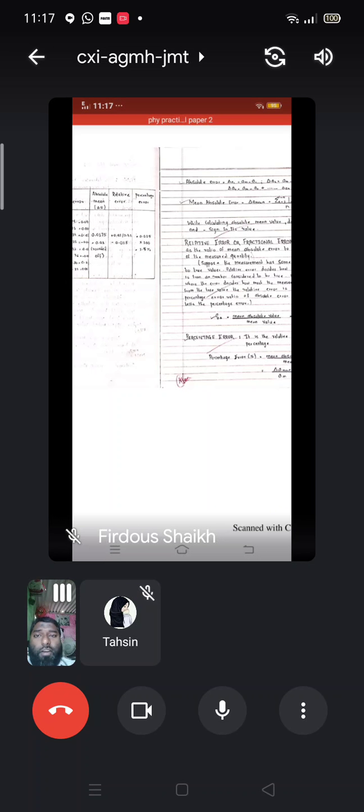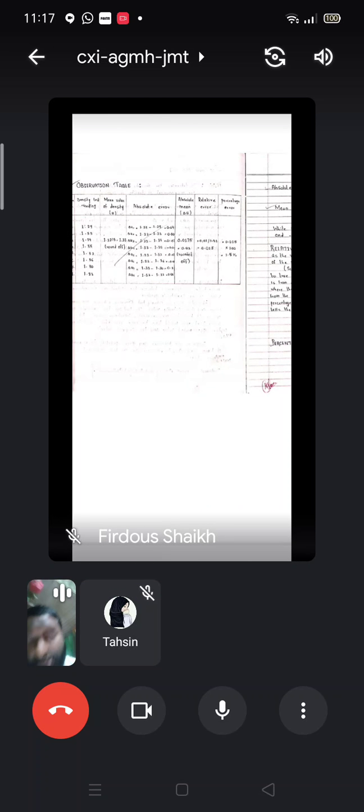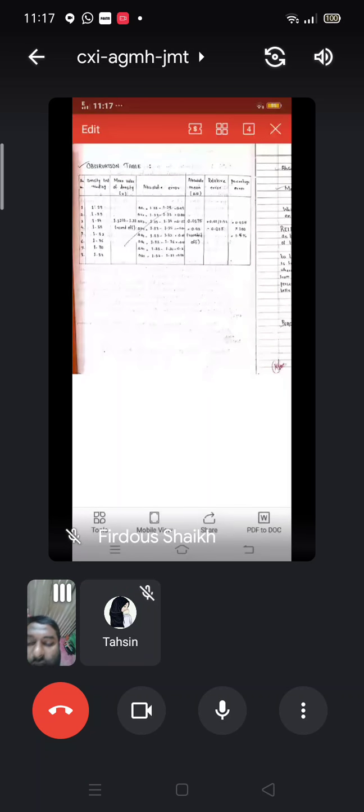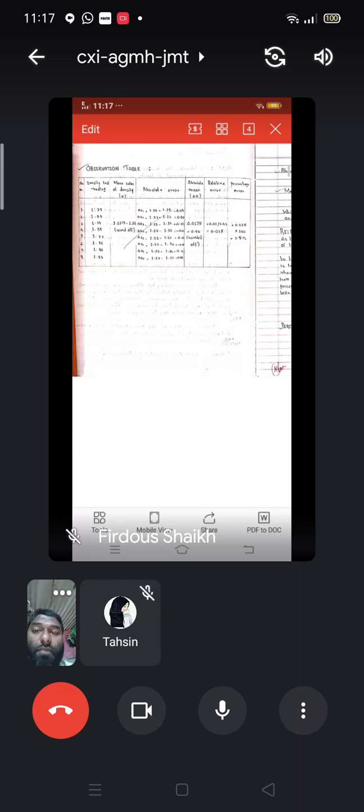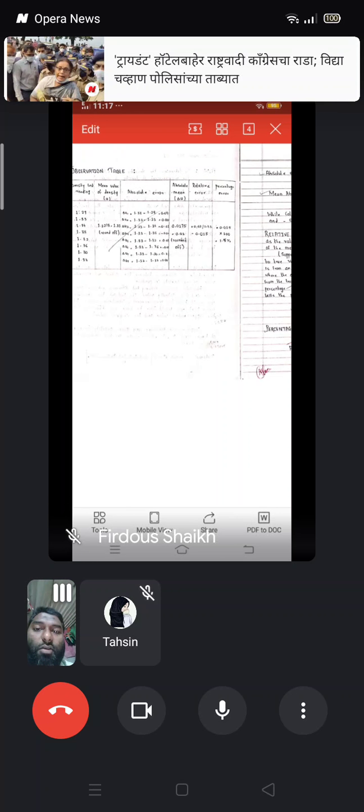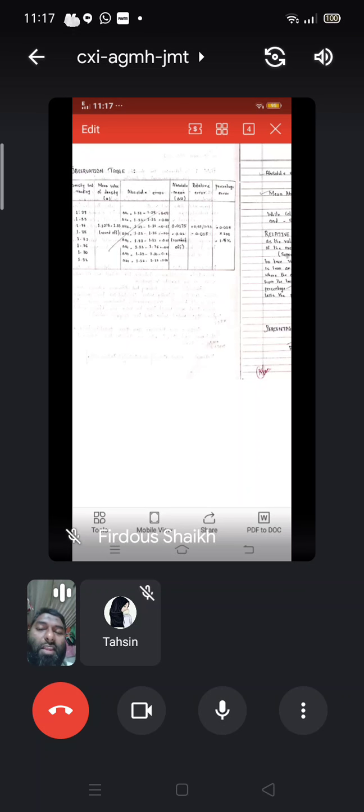Very simple experiment it is. Please go through this experiment if you are not getting it. You are provided the values of the densities, and first of all you have to take the mean of that density. Then from this mean, you take the absolute error, then the absolute mean, then the relative error, and finally the percentage error. This is the experiment that you have in physics 2, experiment number 1, that you have to write on the pages, and then you have to submit it.